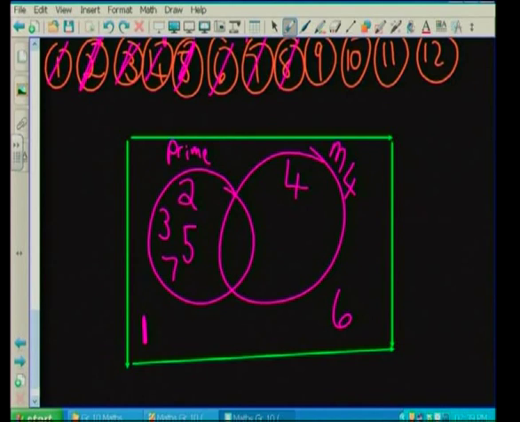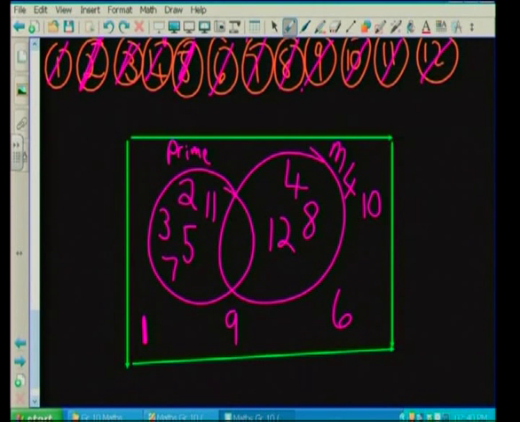8 is a multiple of 4. 9 is neither a prime number nor a multiple of 4. 10 is neither a prime number nor a multiple of 4. 11 is a prime number. And 12 is a multiple of 4. Now,